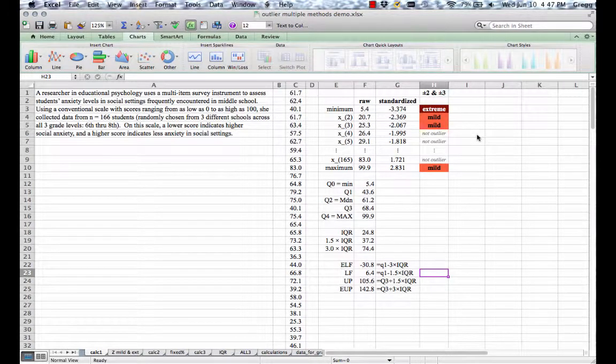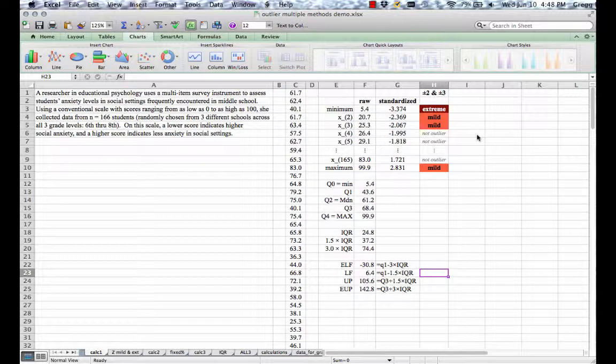There are multiple ways to determine if there are outliers in a data set. This video explores 3 different ways to calculate outliers. The data set that we will be using here is a measure of social anxiety for a group of 166 students. A number of the calculations have already been prepared in advance, and graphs have been prepared to help better